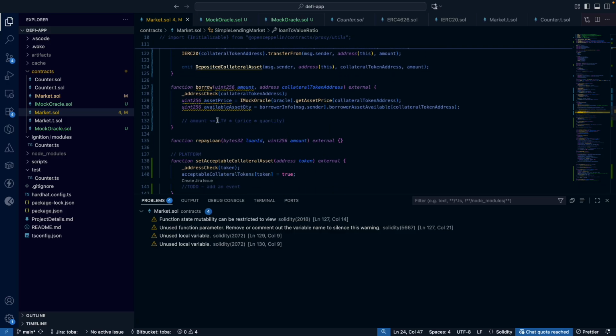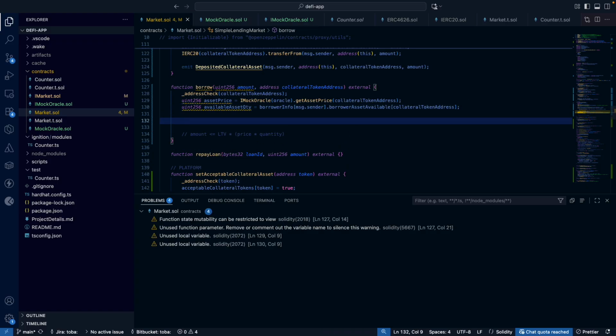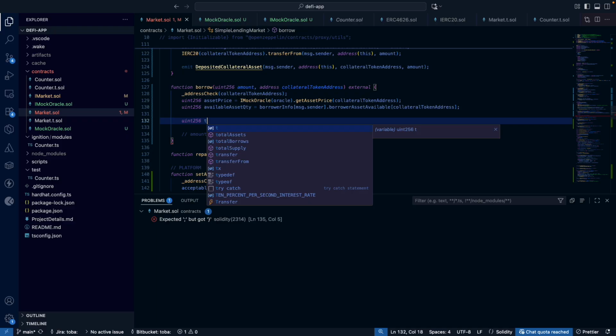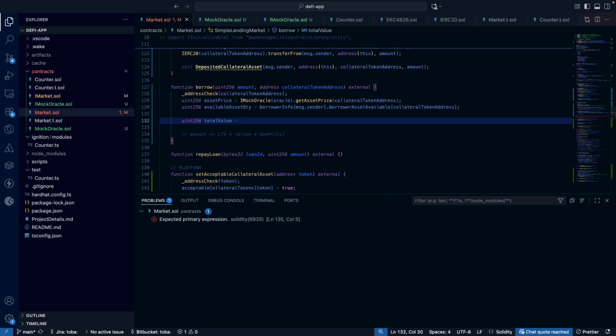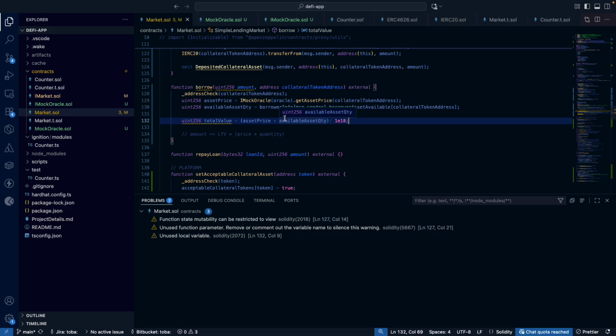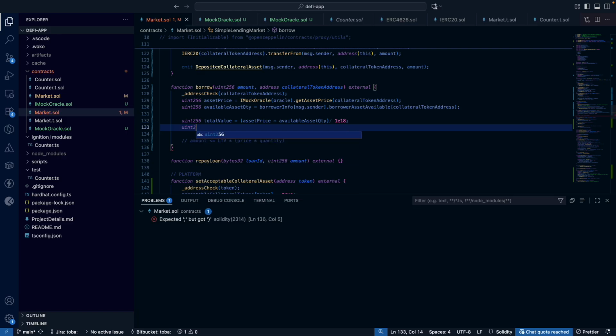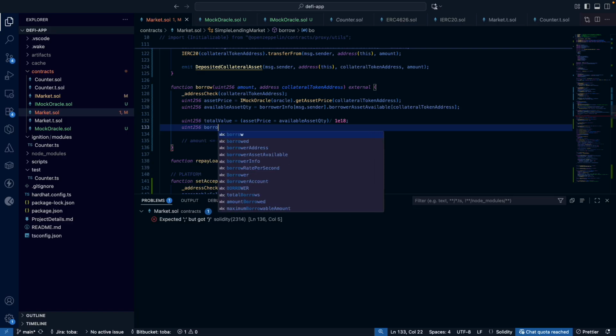Now we want to know what loan to value is. Remember what I told you, that when we do multiplications of big numbers, you have to divide. So the first thing I want to do here is uint256 total value is equal to asset price multiplied by available asset quantity. Then we have to divide this by 1e18. This brings it back, normalizes it. So the borrowable amount, create uint256 memory borrowable